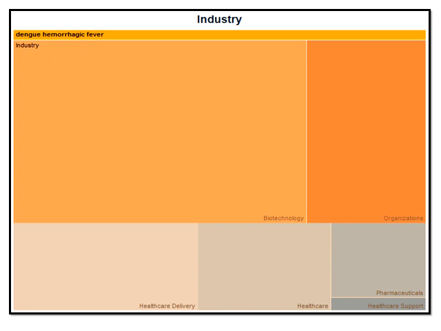Another category that the data mining tool gives is industry, whether it is the biotechnology industry, organization, healthcare delivery, healthcare, pharmaceuticals, or even healthcare support. So those articles that are found in a PubMed database search, which are categorized under this industry basis, will help the person who is searching literature in PubMed for a particular key term or particular disease to easily use this and find out in which domain it is working.